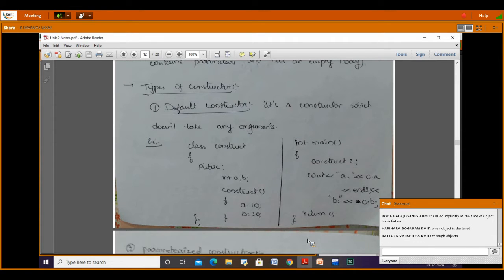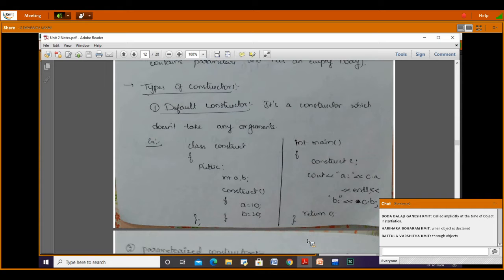Whenever you write a statement for creation of an object, it will call the constructor. If you are passing parameters, it will call the parameterized constructor. If no parameters, it will call the default constructor.